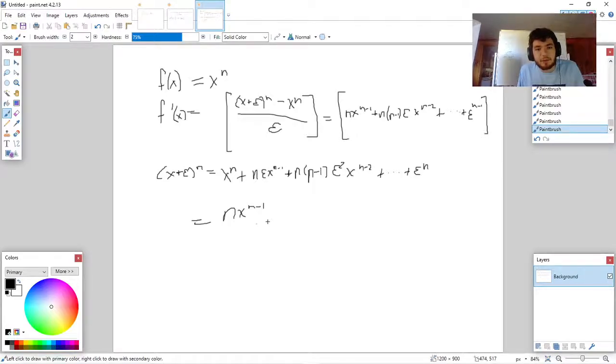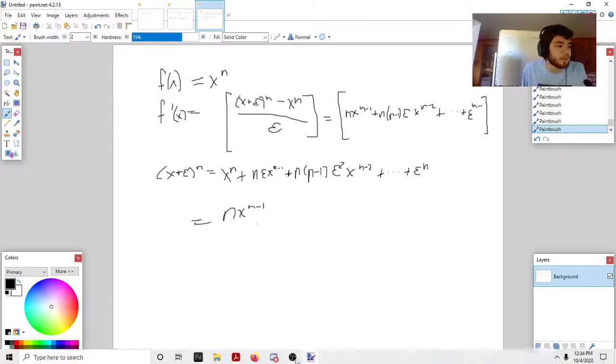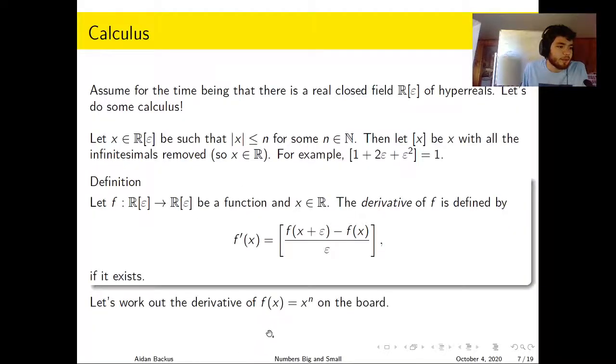So that was not actually very hard. Normally you would have to sit down and for every epsilon pick a delta such that blah blah blah. But here we just wrote down the binomial formula and everything just sort of fell out very nicely. And that's just kind of how it is with these infinitesimals.